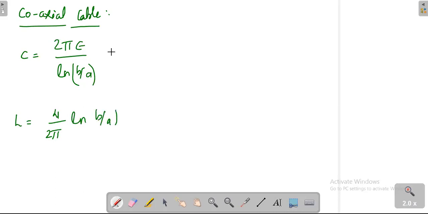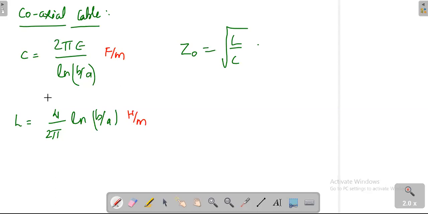Farad per meter, sir. The b by a notation cancels out. உங்களுக்கு எப்சிலான் மட்டும்தான் இருக்குது. எப்சிலான் இருந்தாலே என்னது? Farad per meter. Okay, here what is the unit? Henry per meter. You know, when the coaxial cable is of lossless nature, Z0 is equal to square root of L by C. Characteristic impedance of the coaxial cable is square root of L by C.